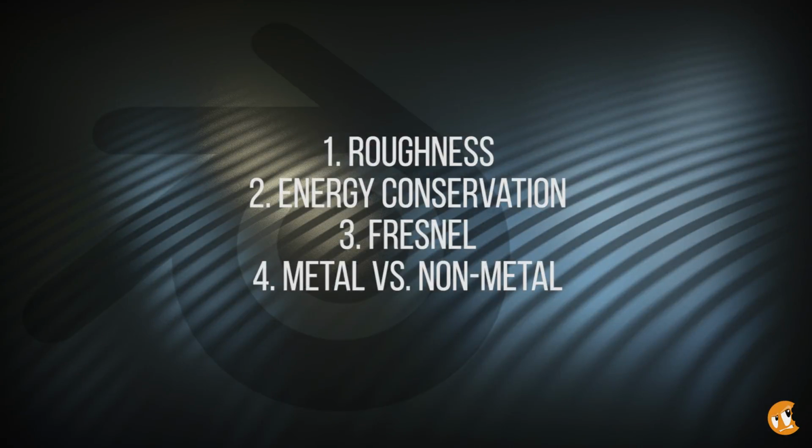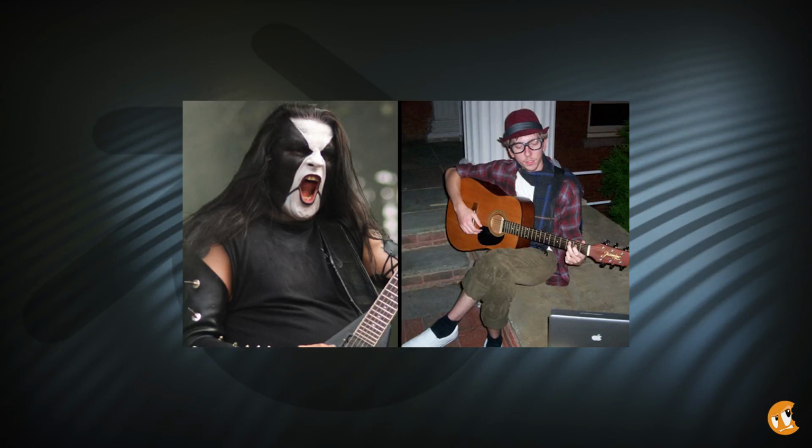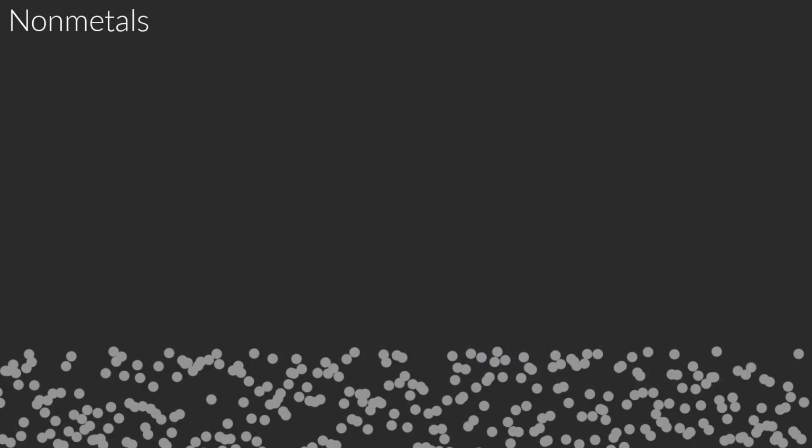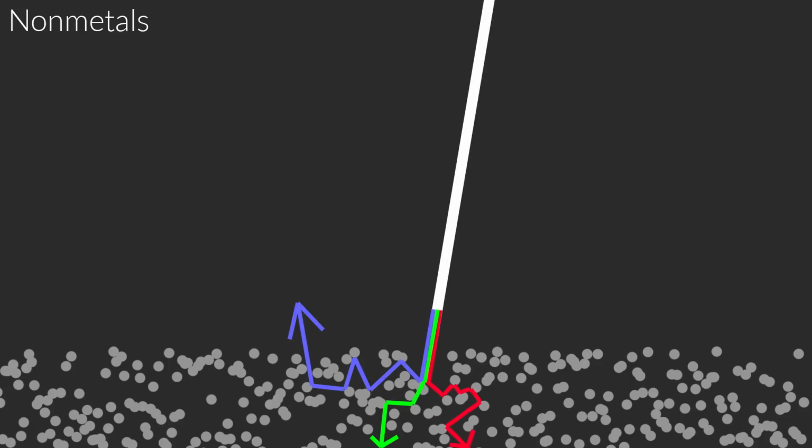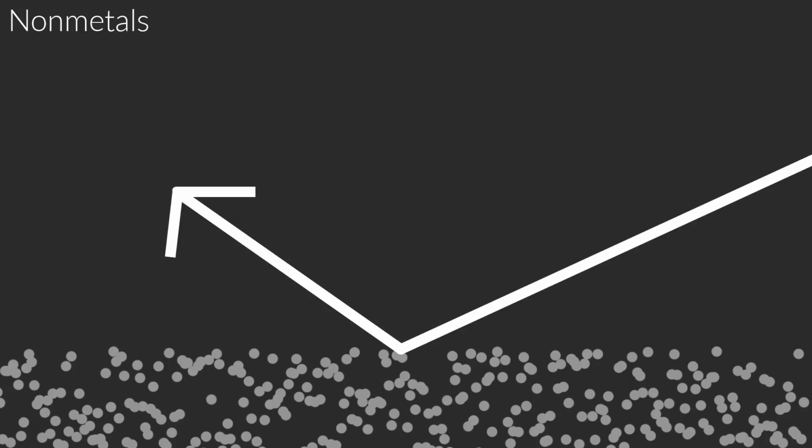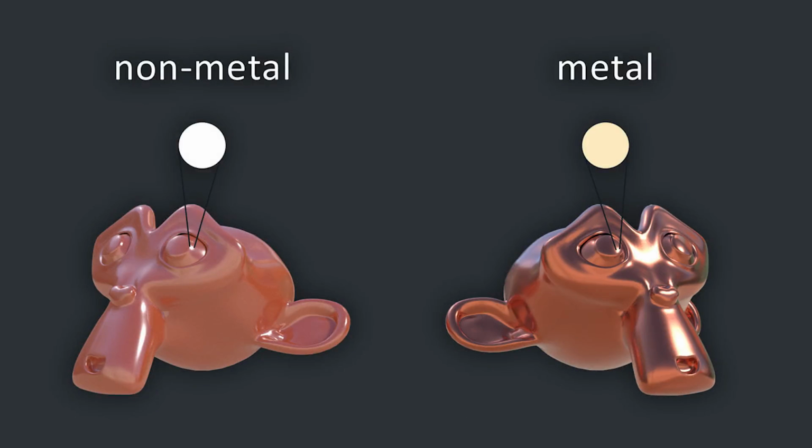The last thing to keep in mind is that metals and non-metals behave differently. The color we see from non-metals, also called dielectrics, is from the light scattering underneath the surface. Some color gets absorbed and some bounces back out in a different spot than where it came in. Any light that bounces off directly does not change color since none of it is being absorbed on the surface. This means that dielectric materials will never be completely shiny, but the light that does bounce off the surface will